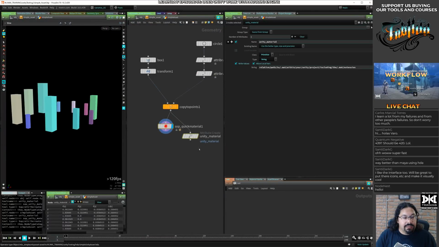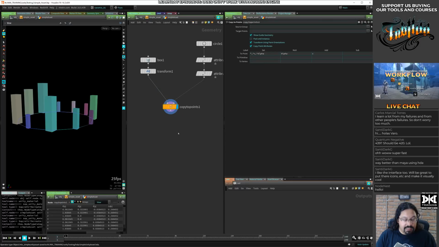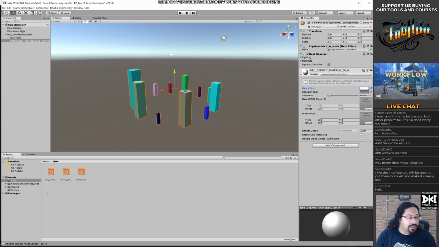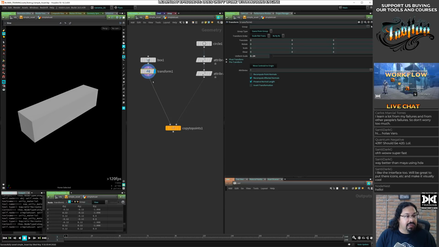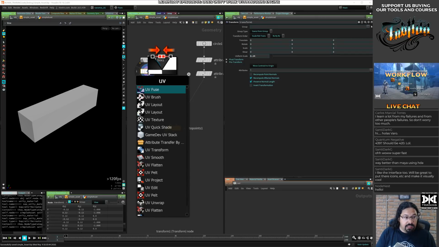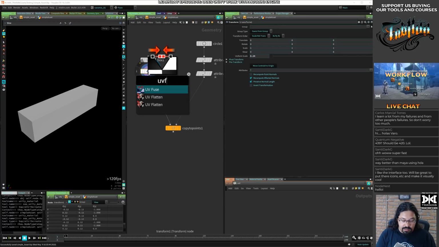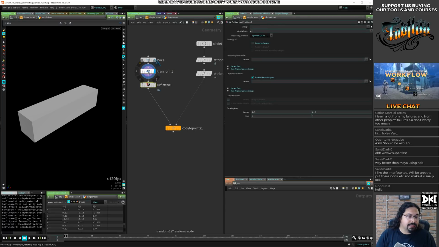Okay, so let's remove this, guys. I don't want to do that. Let's see how you can assign a shader, because I've seen that you need to add UVs to this guy. Let's see, what else can we do? UV flatten.